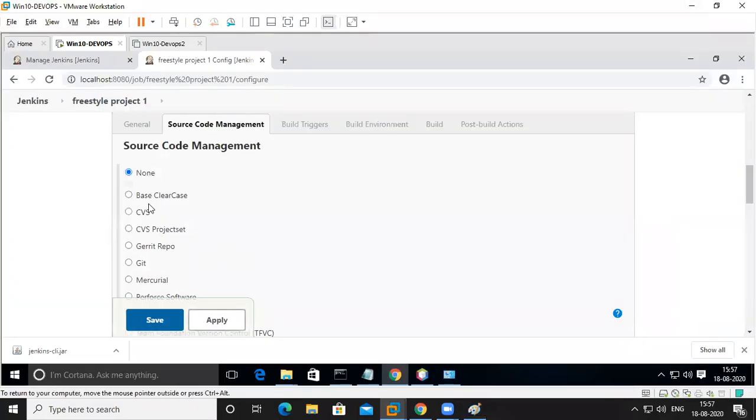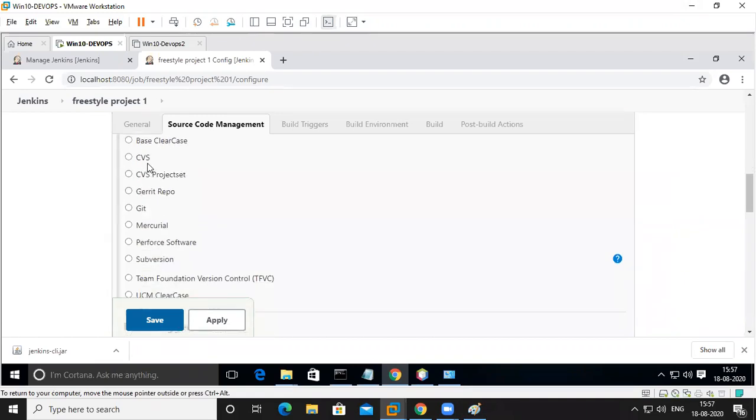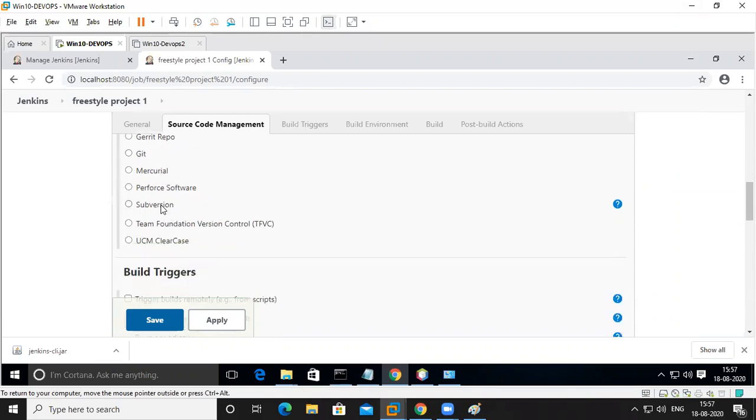None means you don't want to give any source code, but you want to do some work. Or there are options like ClearCase, CVS (comma separated value), Gerrit repo. Gerrit is also the same thing as Git and so on. Mercurial is similar. Git we know already.